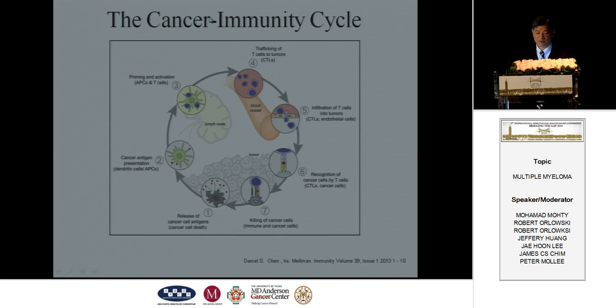I think cancer immunotherapy has to start with the cancer immunity cycle. It starts with, first of all, release of the tumor antigens from the tumor, which are then taken up by antigen-presenting cells inside the tumor. These traffic to the regional lymph node, and they process and present these antigens to the cancer-specific T cells in the lymph node and activate them. And this activated T cell will traffic back to the tumor site, infiltrate the tumor,